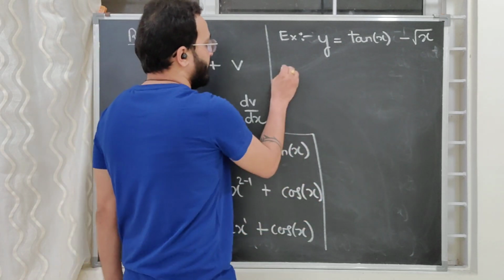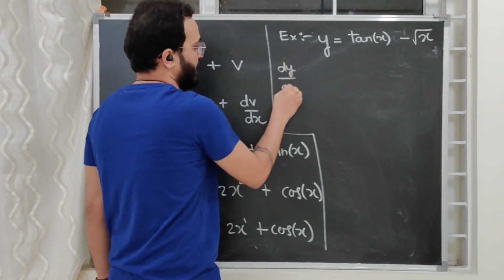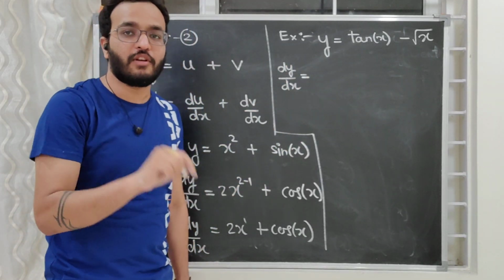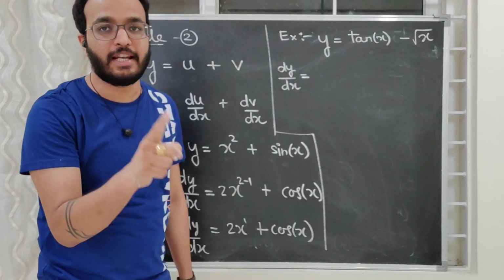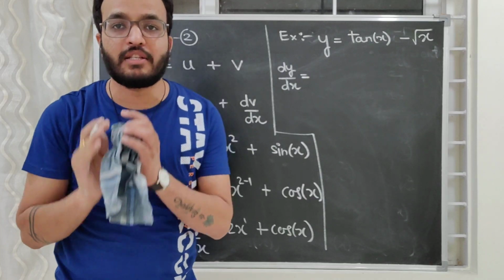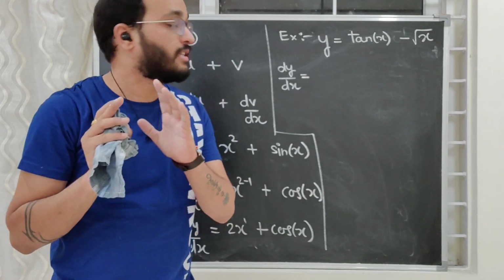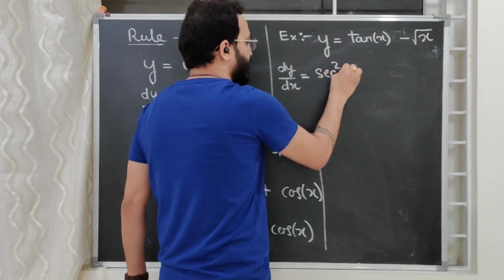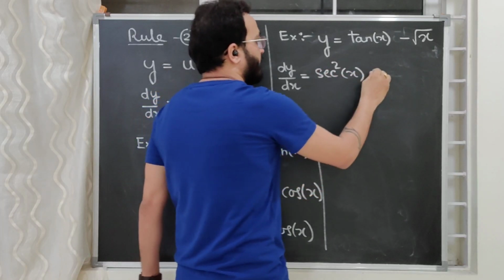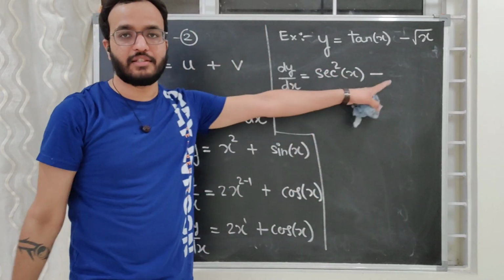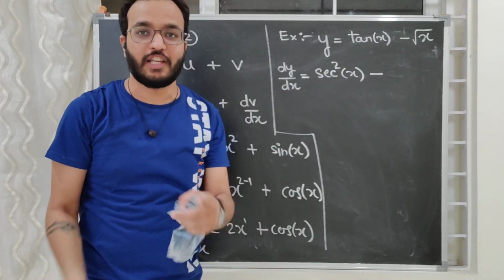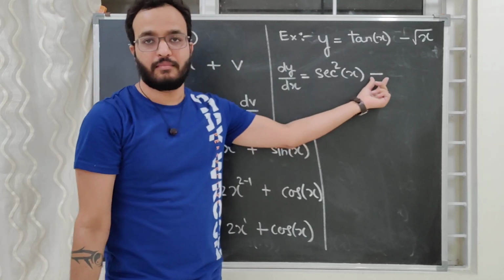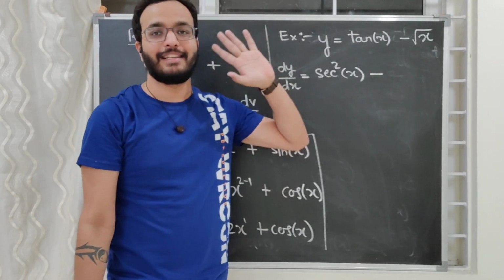So what we will do, when I differentiate it with x, I will differentiate tan x first. Now according to the formula, what is the differentiation of tan x? It is sec square x. So it will be sec square x minus, keep the minus sign as it is. Okay, the minus sign is just a coefficient and we keep the coefficient as it is. The minus sign is actually minus 1. Minus 1 is a coefficient. So we kept it as it is.